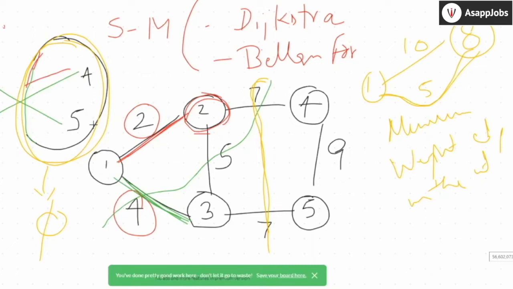You want to find the minimum weight path. That's one calculation you do with every node. You always find out the minimum weight path. Okay, so this is how you determine the answer. It's a simple idea. It's just that you need to understand what a cut is and how you use the cut in all your algorithms. Okay.